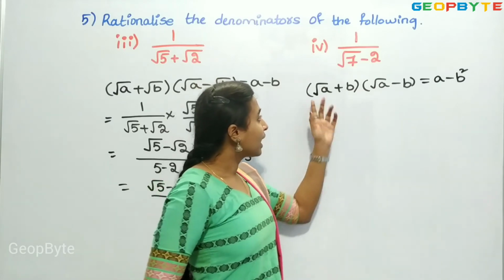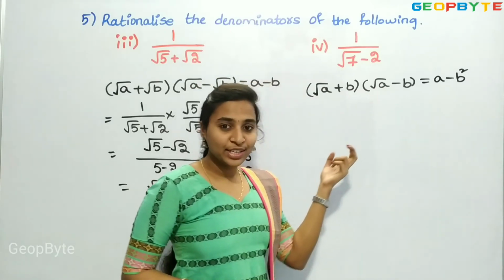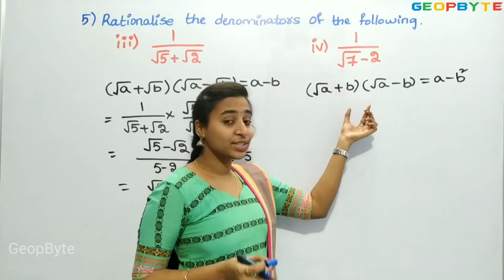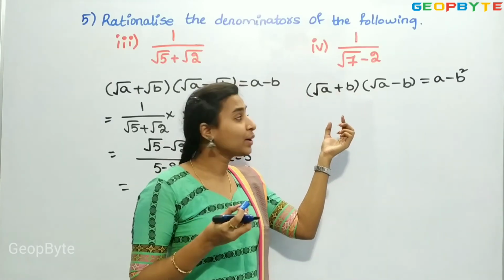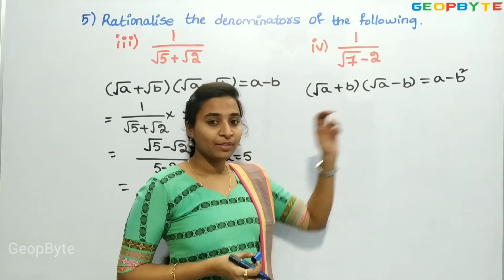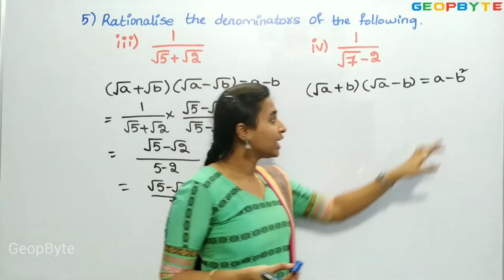Right? So A plus B into A minus B, A square minus B square. So here A square means it is root A whole square. Square and root get cancelled and we get A, and for B we don't have any root,